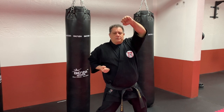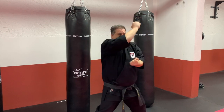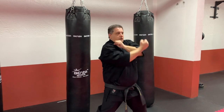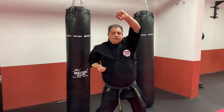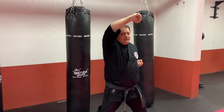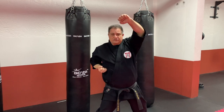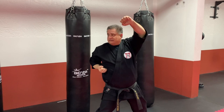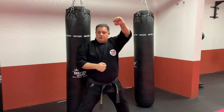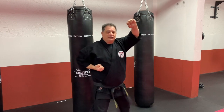Notice that this arm is behind me and elbowing behind. So here we go. First, 1, 2, 1, 2. We're actually doing 2 things at once here. We're doing the block in the front there, and we're also practicing the elbow behind. So if someone were to attack, I'll just hit this punching bag over here. You're also practicing that. So 2 things, high block,